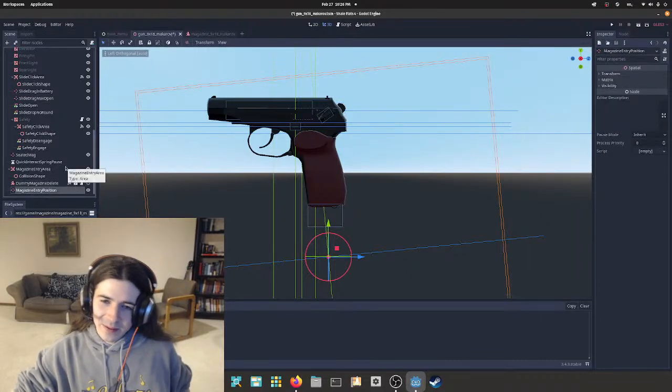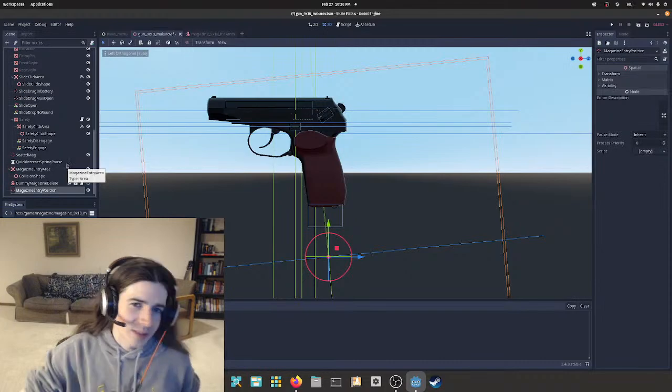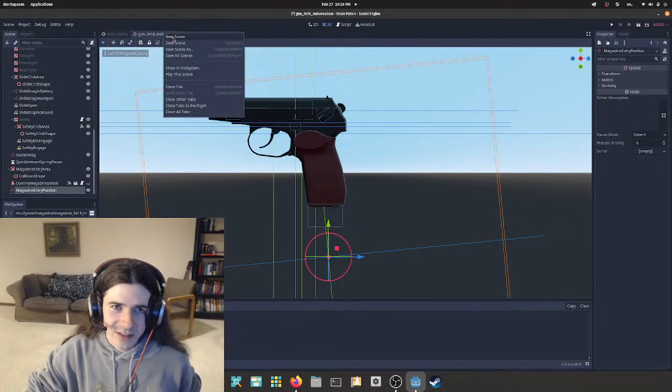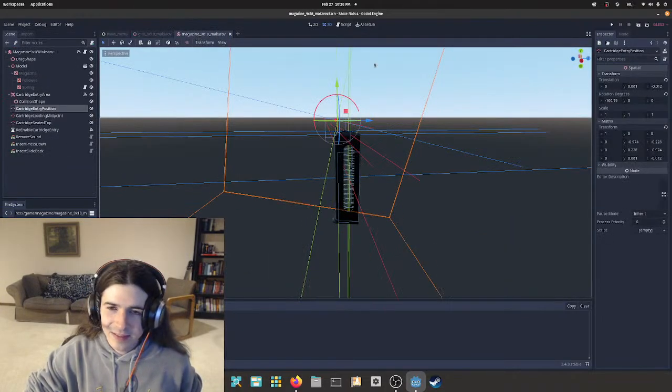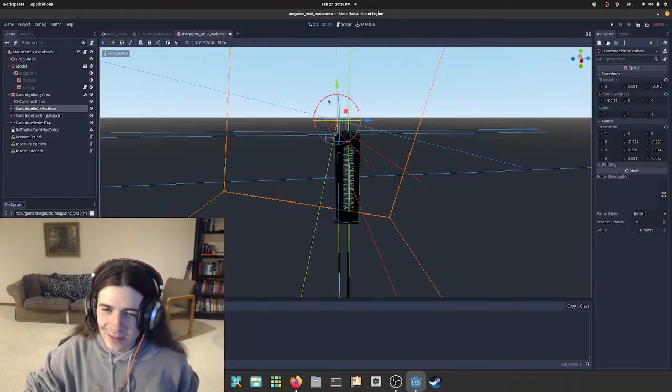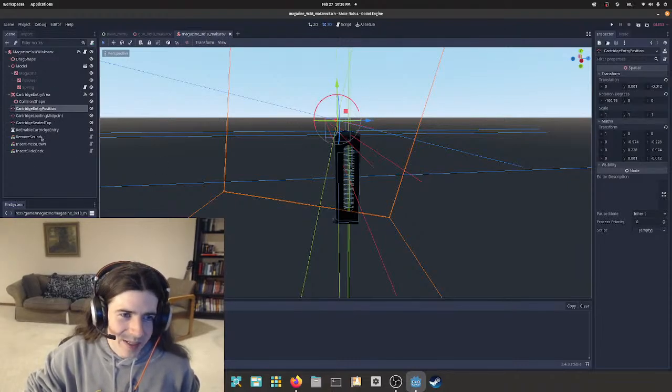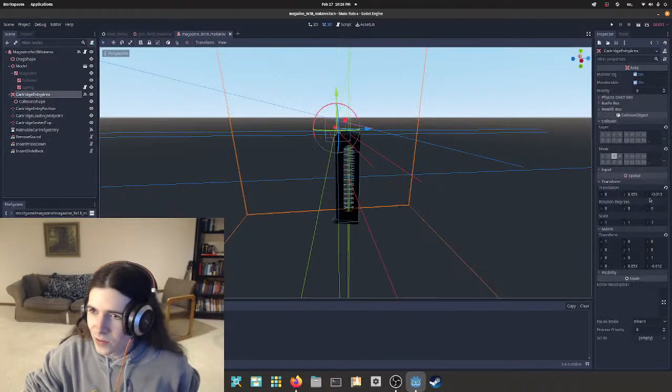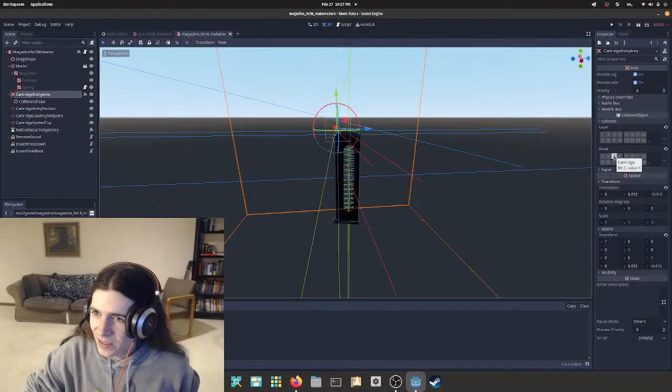So the first order of business here is, and this is going to be a little bit meta, if we look at this cartridge entry area collision entry area, this is masked to only interact with cartridges. Now, I don't have a magazine collision layer, right?